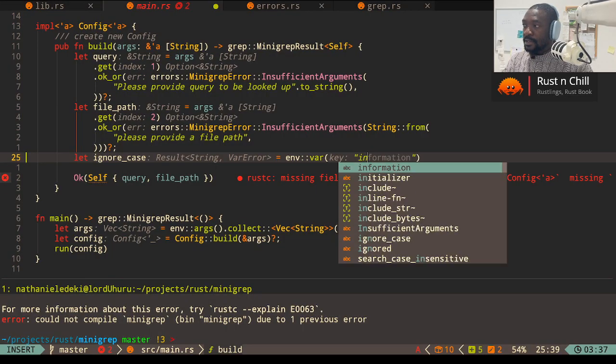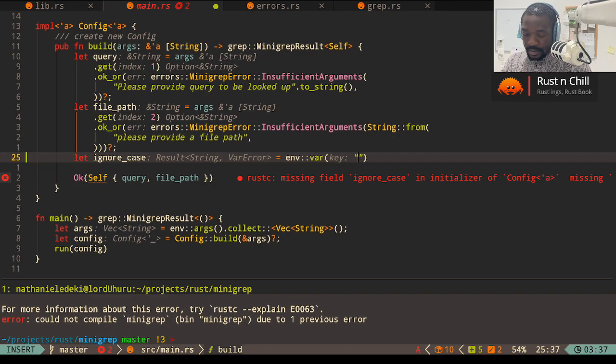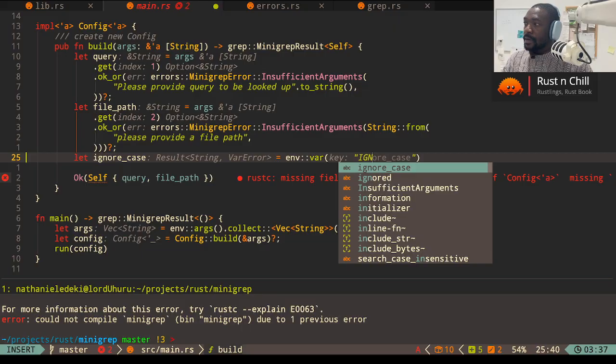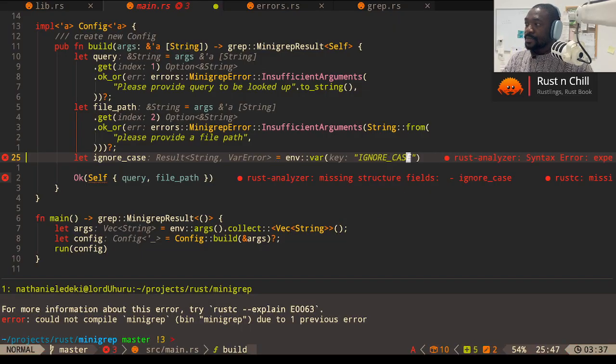And the key here is ignore case. Okay. Yeah, so it returns a string if it's set, otherwise a VarError. So if it's set, then we know that,